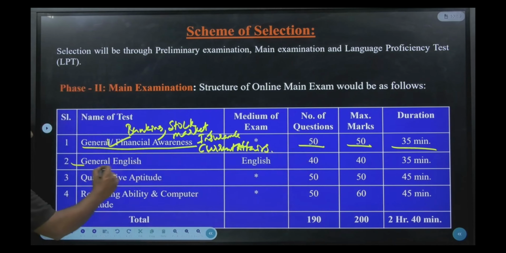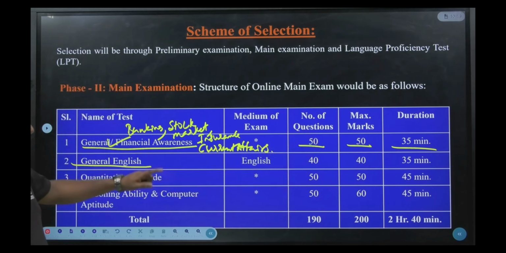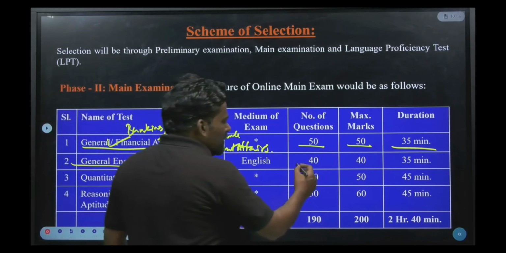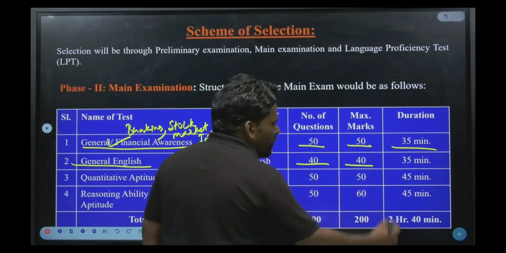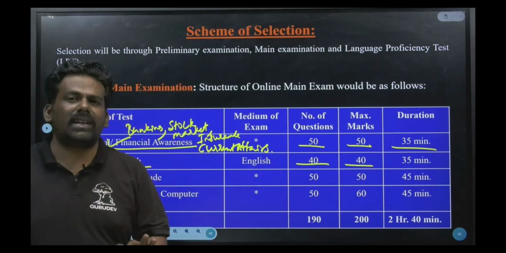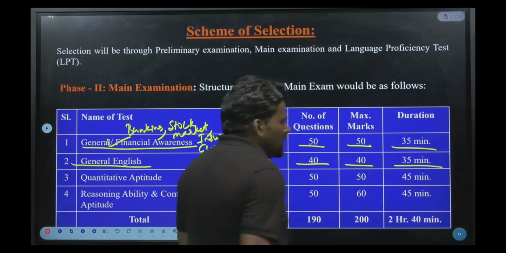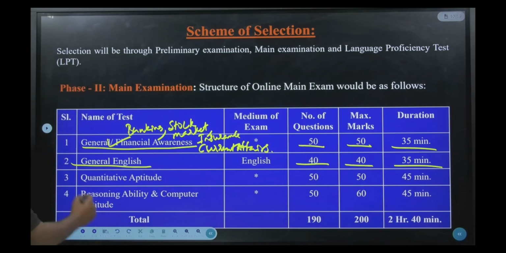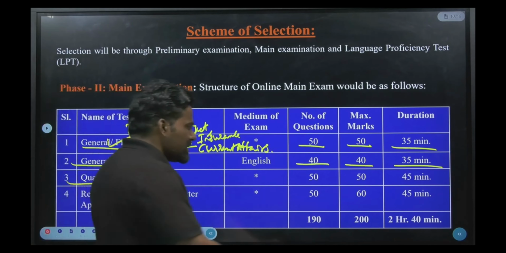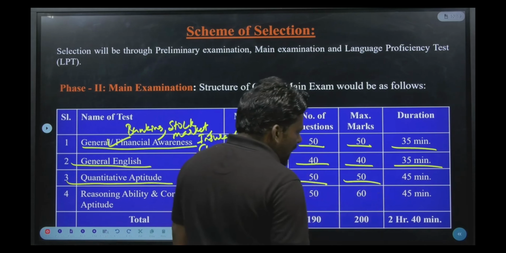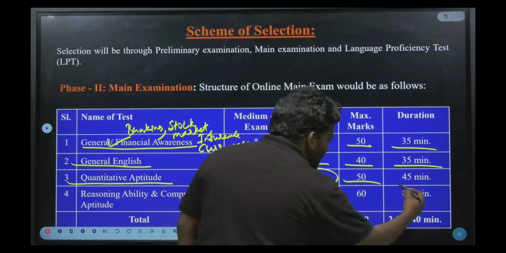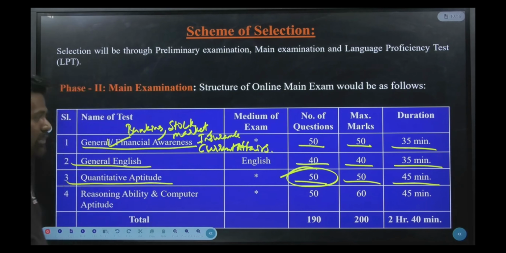And general English, again, you have written examination of general English in preliminary examination, okay? So it will not be that difficult for you. So number of questions will be 40, and those 40 will be for 40 marks. It means each question carries how much? 1 mark. So those 40 questions from English section you will be writing in 35 minutes. Now coming to the third section, that is quantitative aptitude. 50 questions will be asked, and for 50 marks, and these 50 questions you have to solve in 45 minutes, okay? Sufficient time is being given.